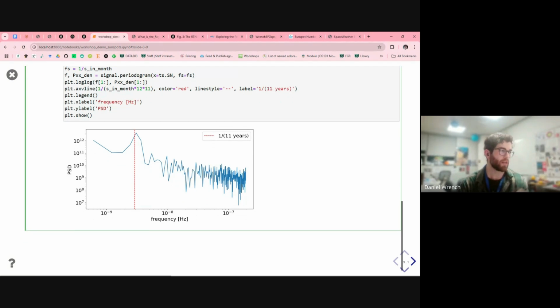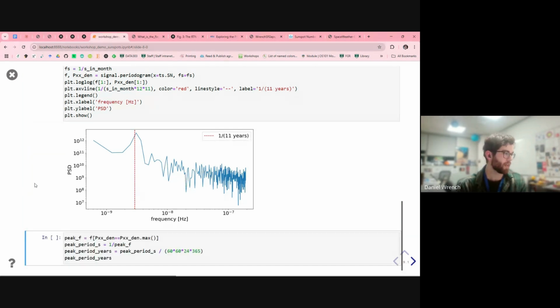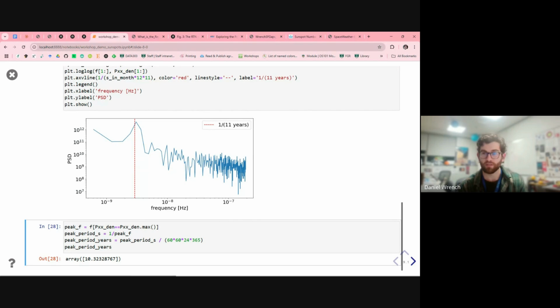And what's useful here is we can actually calculate what frequency the maximum value is at. And once we do that, we can get a more specific reading and find that at least for this 50-odd years that we're looking at from this data, the typical periodicity is actually a bit shorter than 11 years. And it is known that the cycles do vary slightly in length. So interesting that it's a bit shorter for this data set on average. Okay, there's the power spectrum. Again, feel free to jump in with any questions as we go.